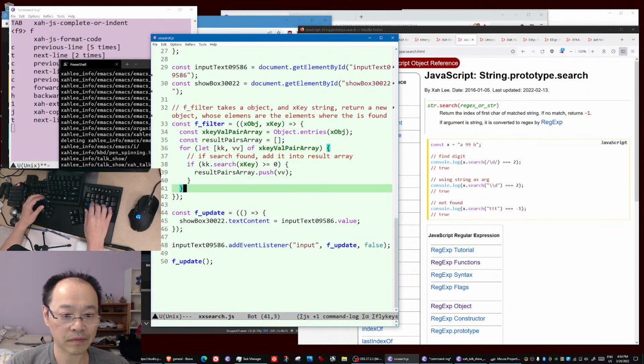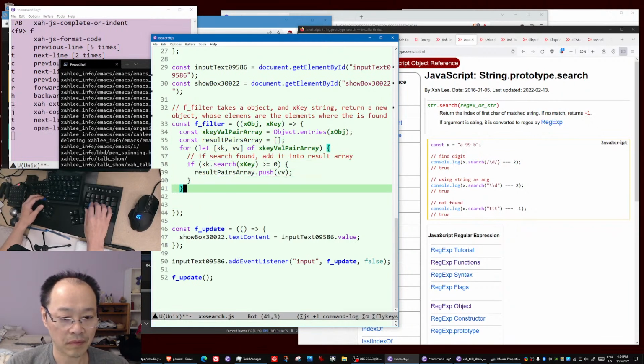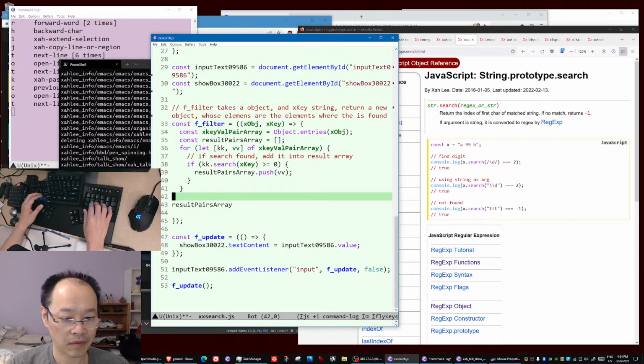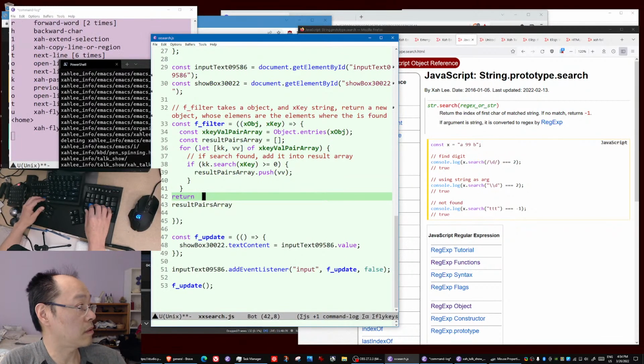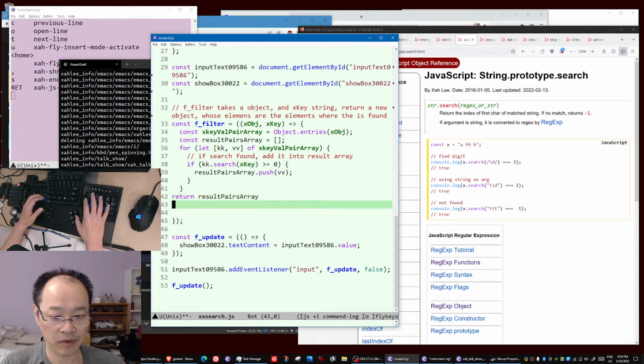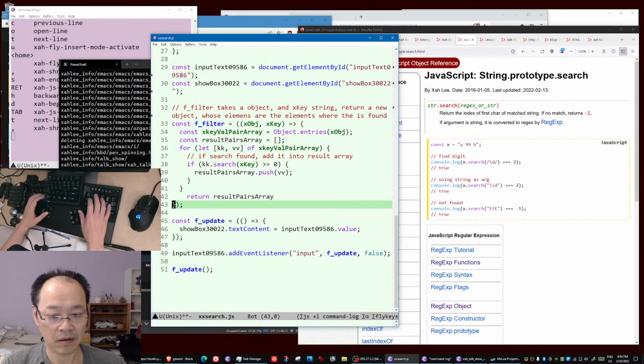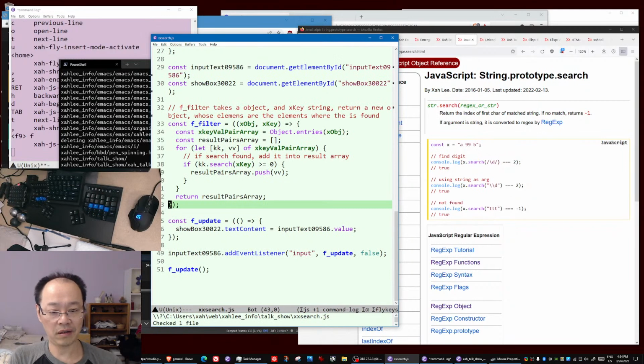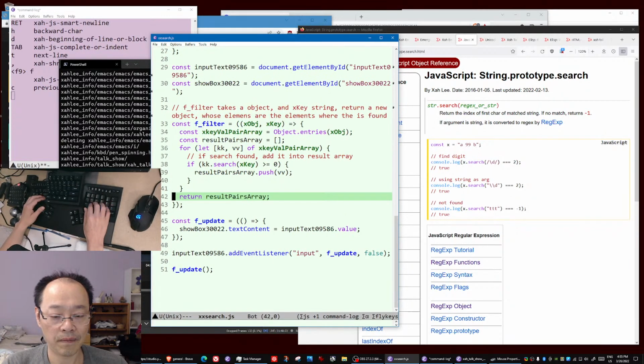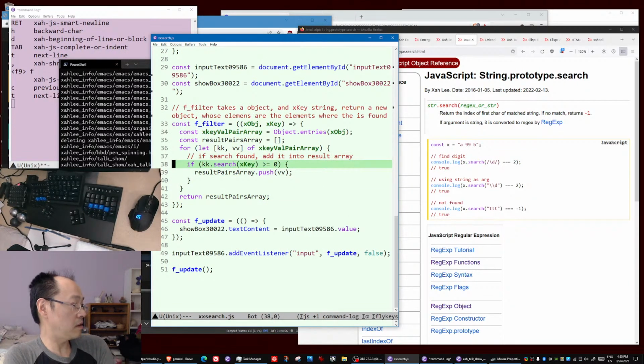Remember, you need to return. Prettify the code. Okay, return result pairs array. So if it's found, you search for it, then you